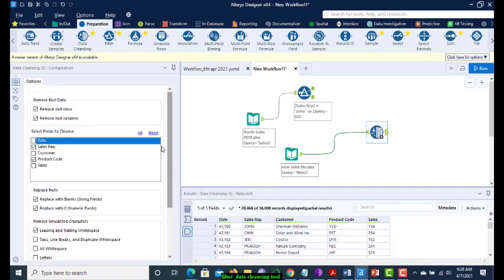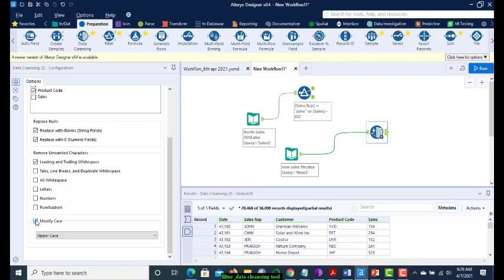First, we get the options remove null rows and remove null columns. Whatever null values are inside the rows or columns, we can select these two options. In data cleansing, if you have a string column, it will remove the nulls and keep them blank. You can see replace with blanks for string fields. If you have a numeric column with a null value, it will remove the nulls and replace them with 0.